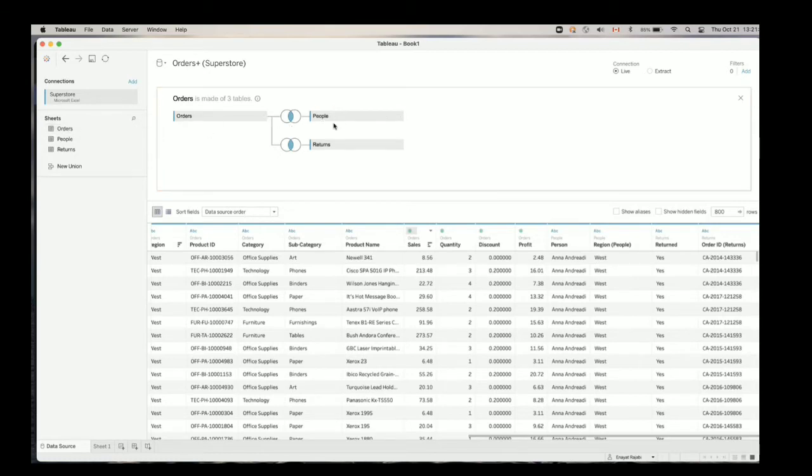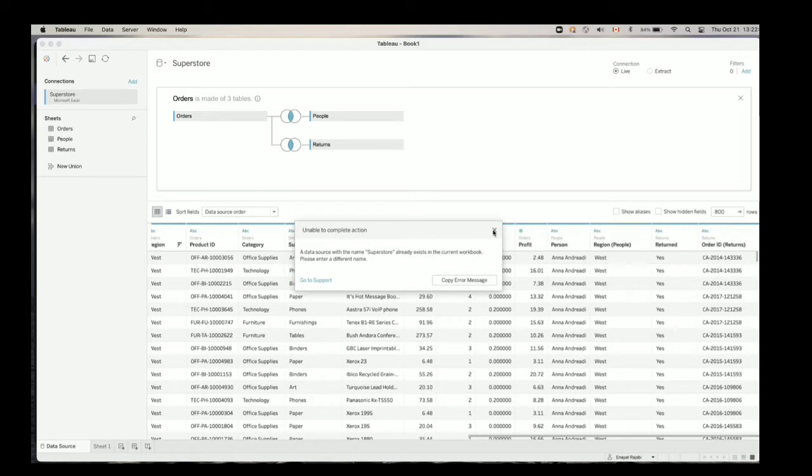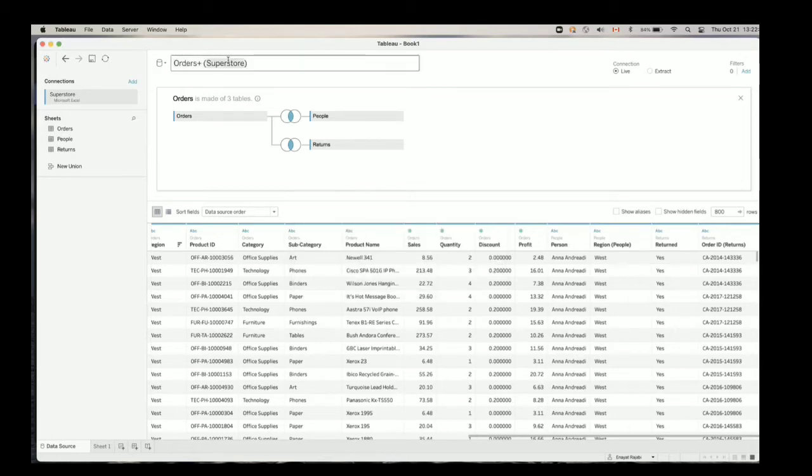If you can't join two tables or there is an error here, it means that you didn't join the tables properly. So you should select the columns that are common in two tables. Okay, I would like to change this data source to Superstore dataset. And now I have that. It says that we have a same data source named Superstore in the system, Superstore dataset. And now I have a dataset, everything ready for